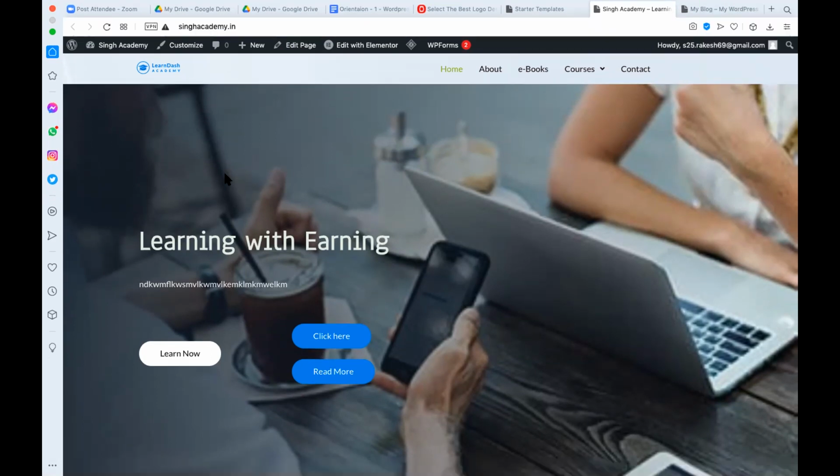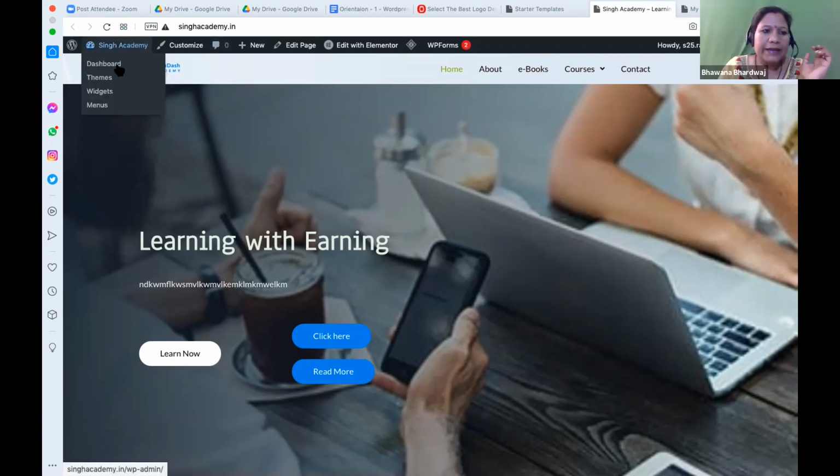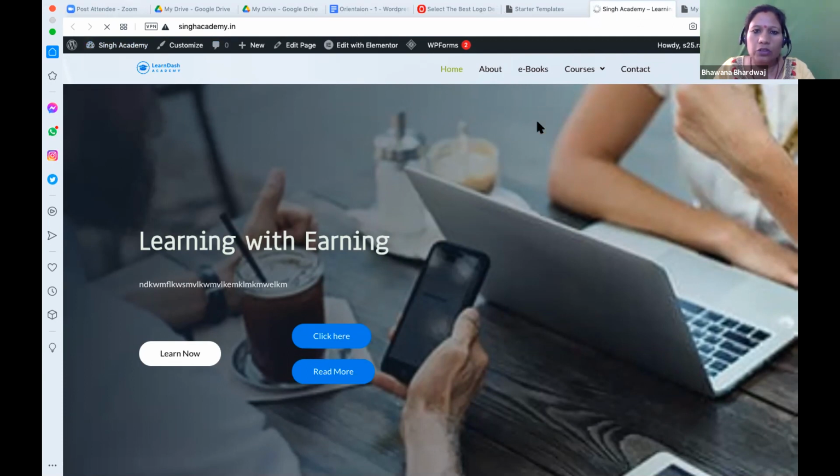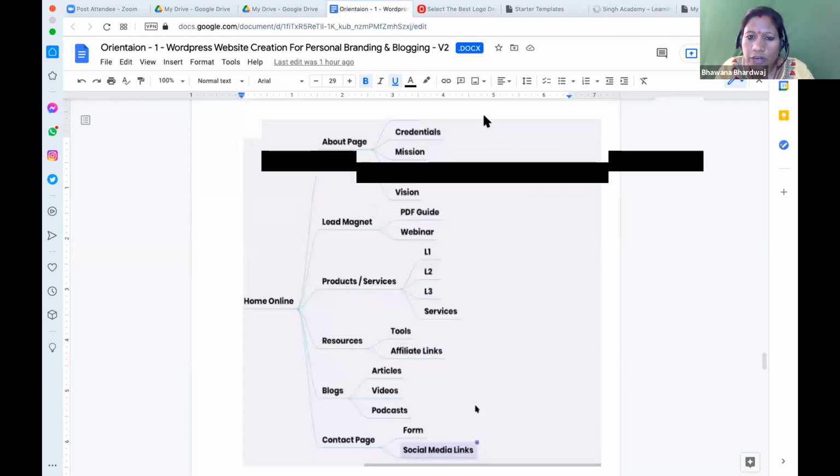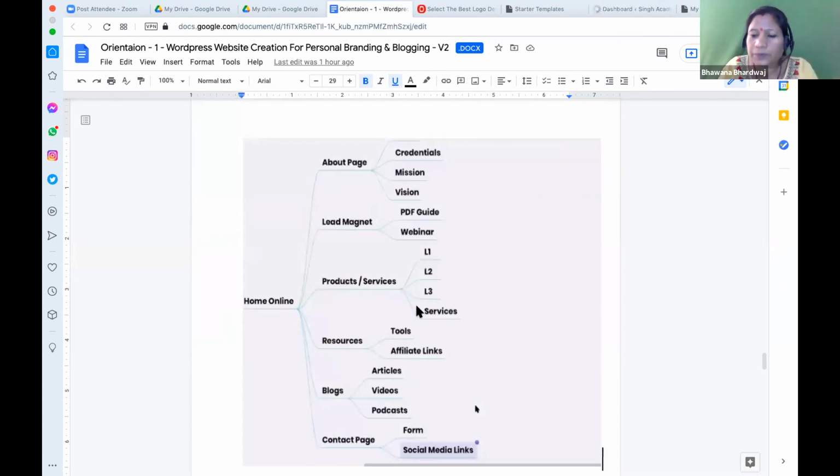Right. Now let's come back and create a few pages. The structure, if you remember, we have discussed that structure. You should have all these pages on your website. You can have an about us page and write everything in it: your story, your credentials, your mission, your vision.